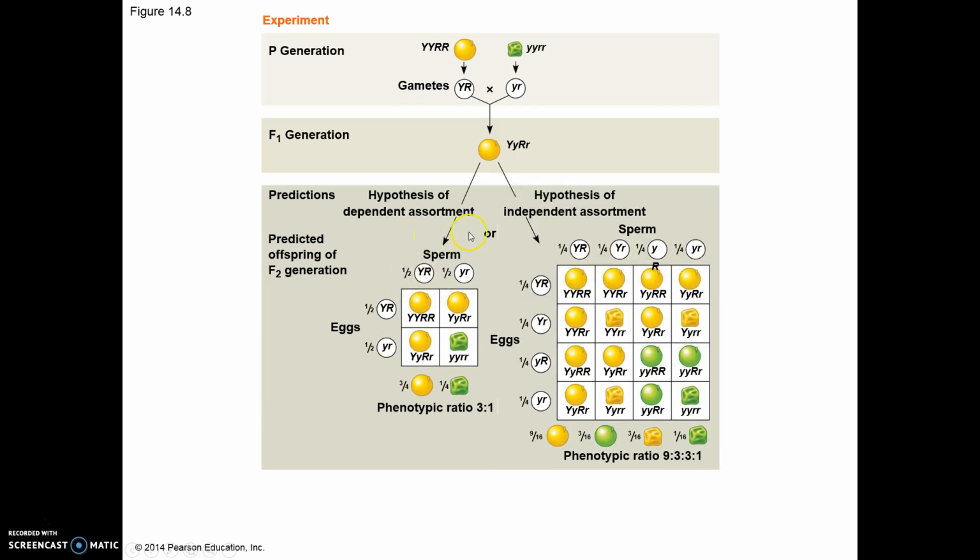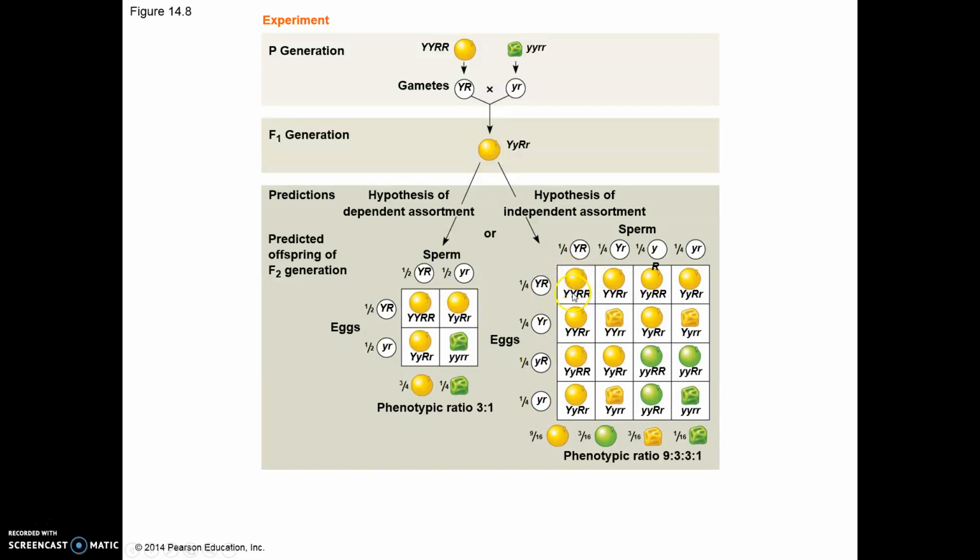Most of the time, what you get is this thing called independent assortment. So in this scenario, the Y's segregate separately from the R's. So you could produce a sperm that had big Y and big R, a big Y, a little r, or a little y and a big R. Sorry, that somehow got moved. Or you could have a little y, little r. If you line that up across the top and you have the same possible combinations for the eggs across the side,